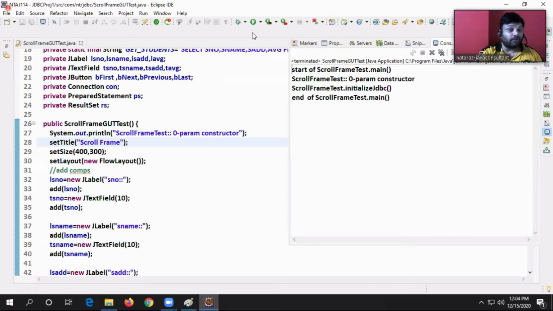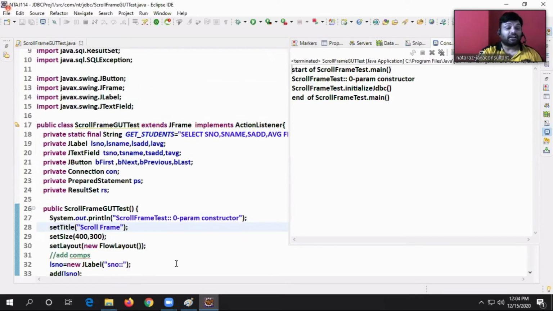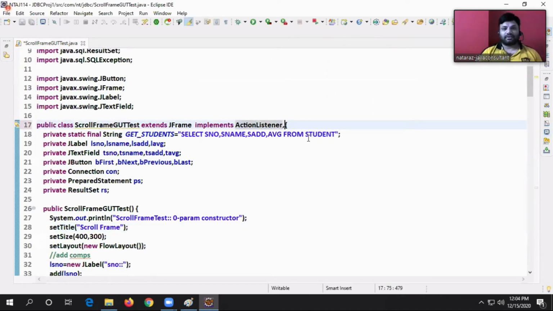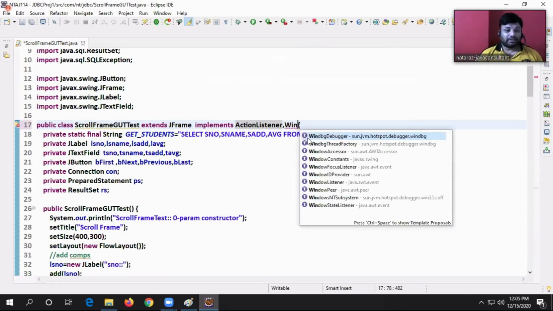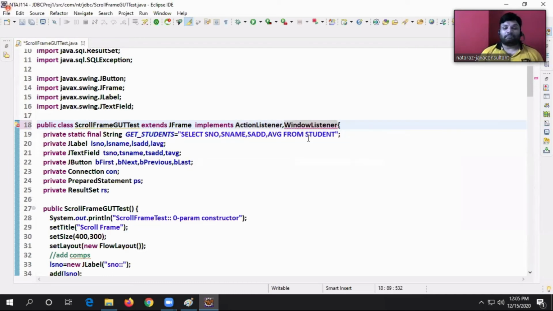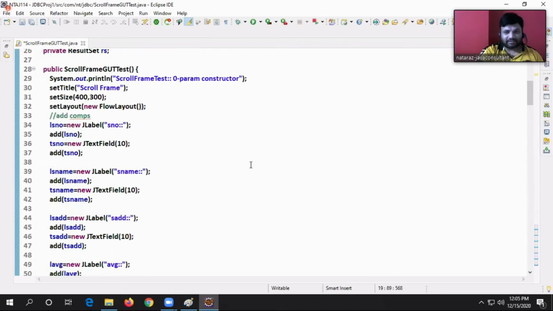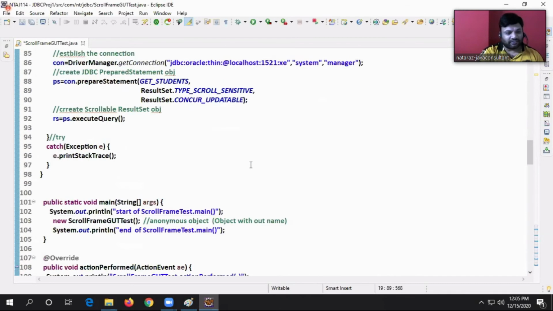That is a frame window. To handle that event, we have window listener. What listener, guys? We have to develop window listener. Okay, now I'm making my current class not only as action listener, not only as frame, also as window listener. But this window listener is giving 7 event handling methods. Are you sure, sir? Yes, guys. Really, it is giving 7 event handling methods.